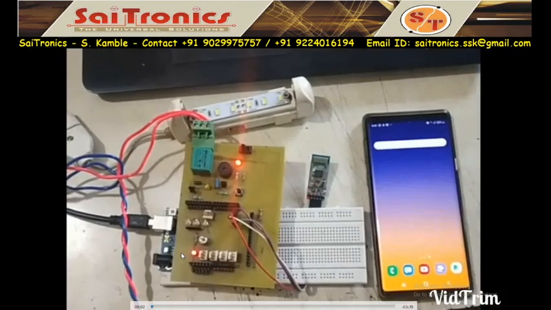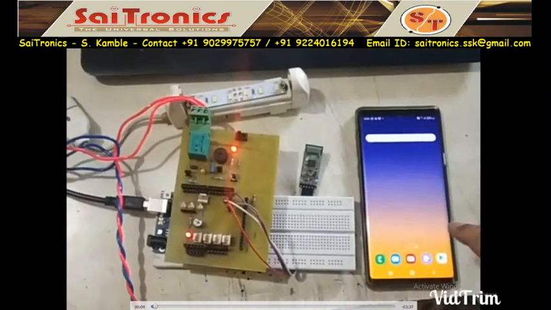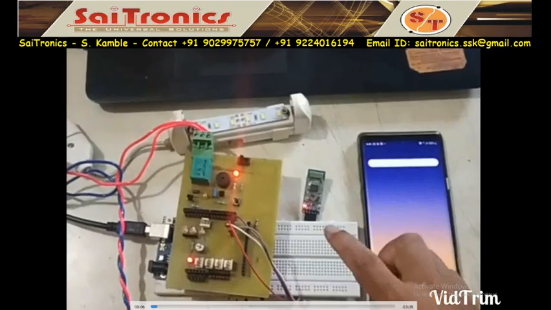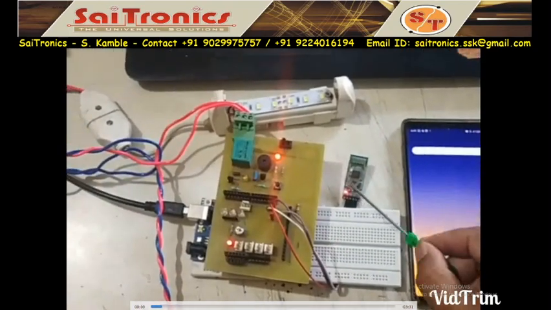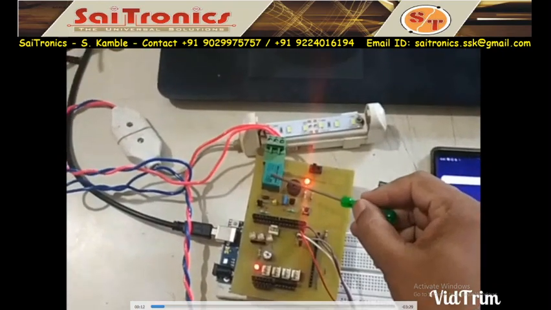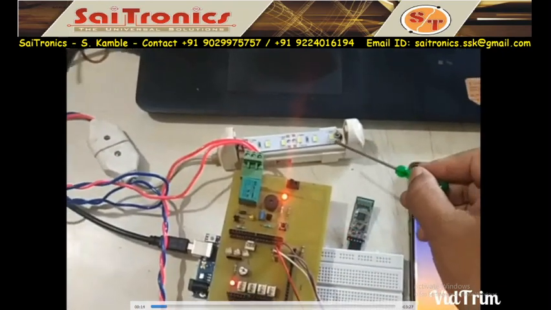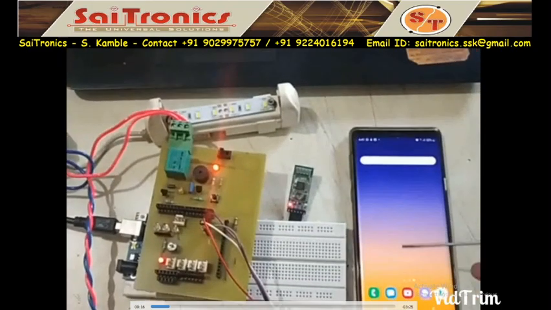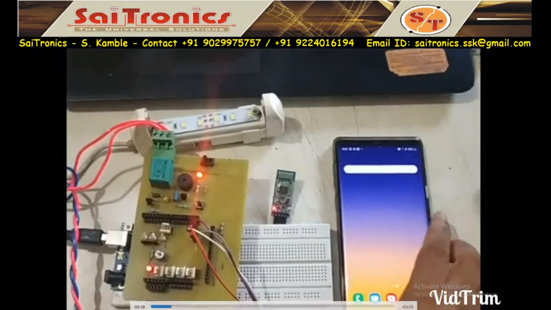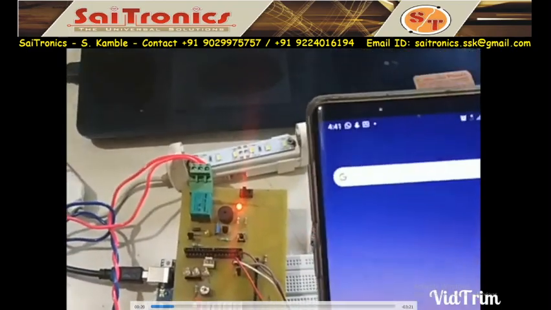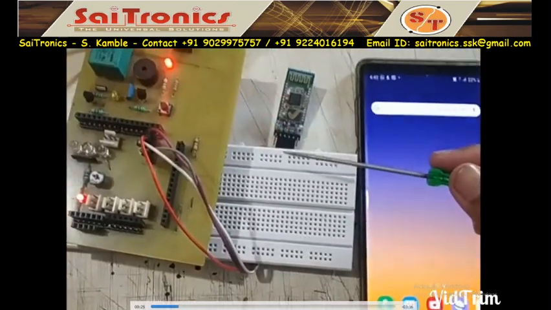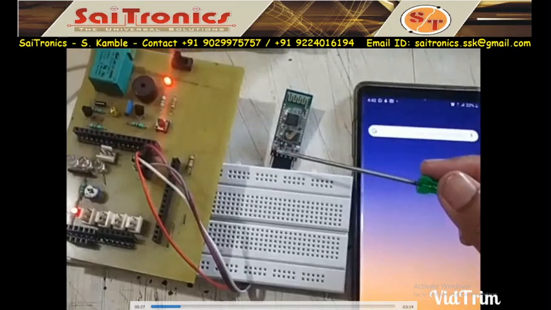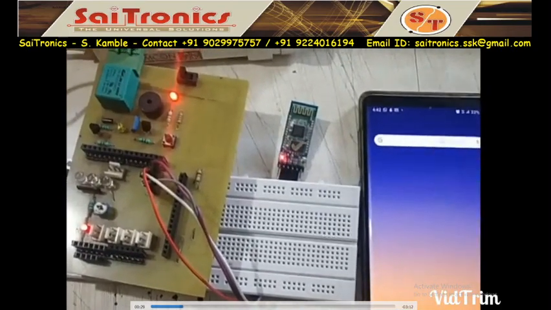Welcome. So this is our home automation using mobile and Bluetooth. This is my Bluetooth HC05 and this is my shield. In this shield, this is a relay. This is a light which operates at 230 volt, and this is a mobile which acts as a remote. We will send the data from this mobile. So first we have to connect the Bluetooth. Observe this light. This light is continuously blinking at a fast rate.